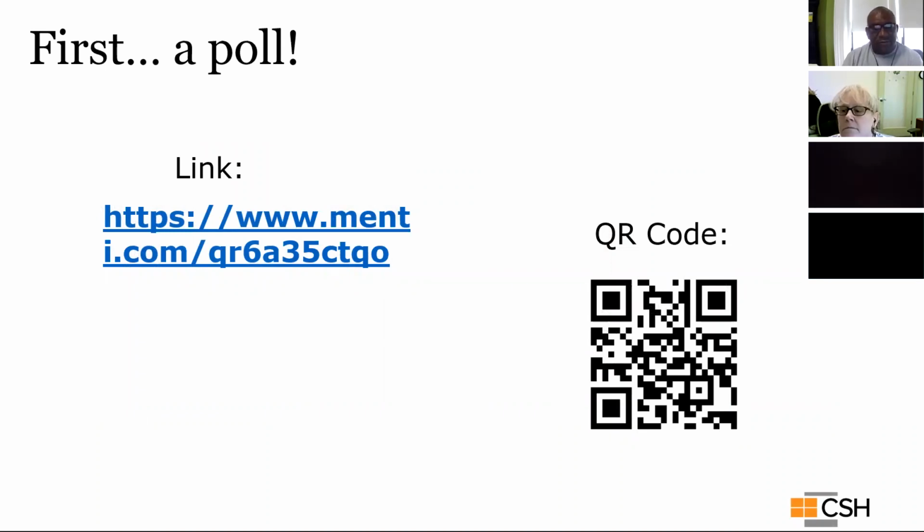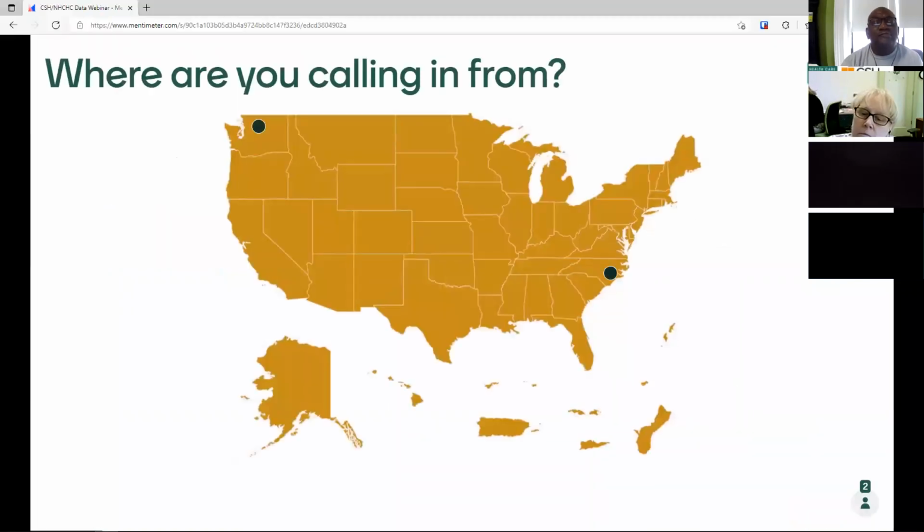So we're going to start today off with an interactive poll just to get a pulse on how everyone is feeling about data, also questions about where everybody is joining in from today. So we ask that you either use the QR code that's at the right hand of the screen, or I'm going to input a link into the chat for you all to use as well. So hopefully that link will bring you right to a poll. And as you do that, I'm going to bring up my slide to show the interactive.